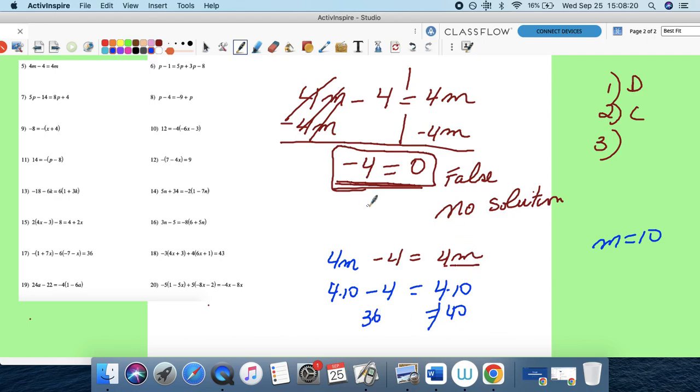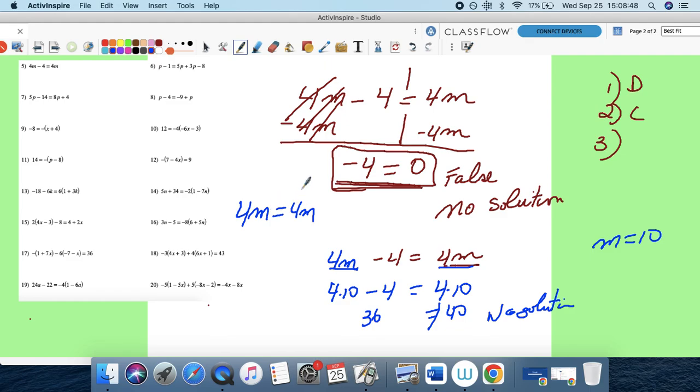So although they're both 4m on the left side and the right side, on the left side, after I multiply 4 times whatever m is, I'm always going to subtract 4. So there's no way that will ever equal the right side. In this case, no solution, right? No solution. But if it was 4m equals 4m, then in this case here, whatever you choose for m,